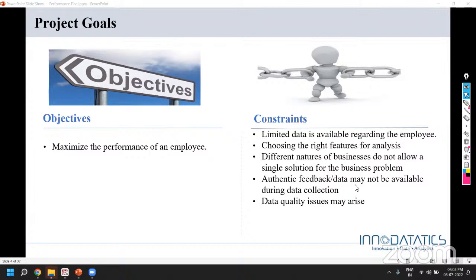The challenge that we had to face, especially with respect to developing or analyzing this business problem, is the availability of relevant data. The challenge was with respect to the COVID conditions. Specifically because of COVID conditions, the tracking of the employees' performance was a little challenging because people were asked to work remotely.